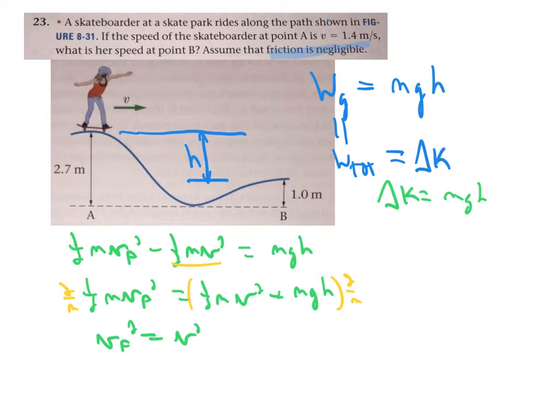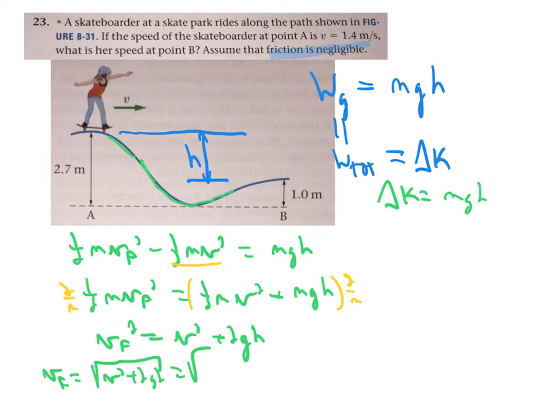And then the m cancels out here too, and I get 2 times g times h with no m in it. Which means that in the end, the mass of the skateboard rider is irrelevant, which is good because they didn't give it to us, so we'd be in trouble. Also, you might notice that looks a lot like a kinematic equation, and it is the same form, but we couldn't use the kinematic equation because her acceleration is most certainly not constant. It's an accident that for gravity it happens to all cancel out, but in general it's not constant. So then we just get the square root of v squared plus 2gh, or the square root of